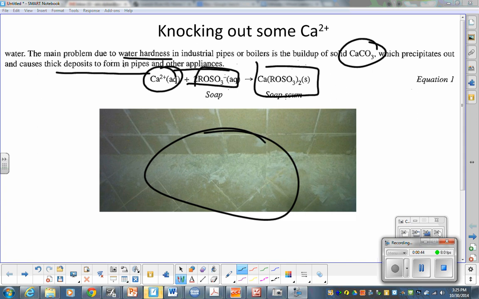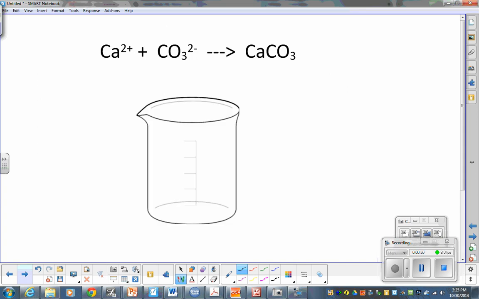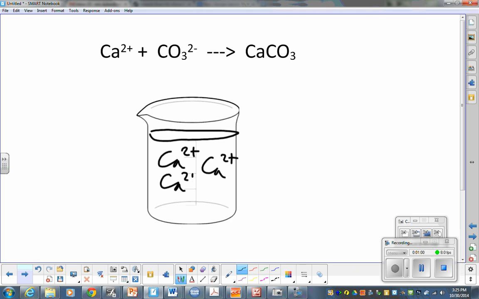So what we're going to do is a simulation of the formation of calcium carbonate to figure out how much calcium is in solution. So what you're going to get tomorrow is a bunch of beakers, and they'll have different amounts of calcium ion in there. So I'm going to dissolve different amounts of calcium in each one. You'll have different preps. And the idea behind it is we're going to add the other component to this. So we're going to add